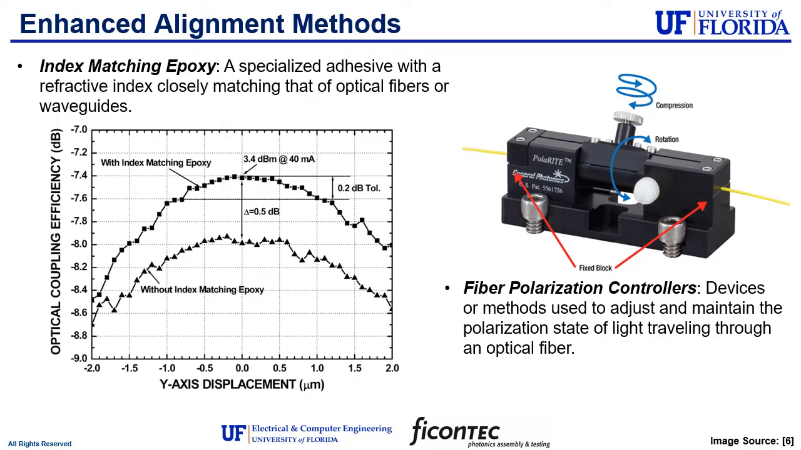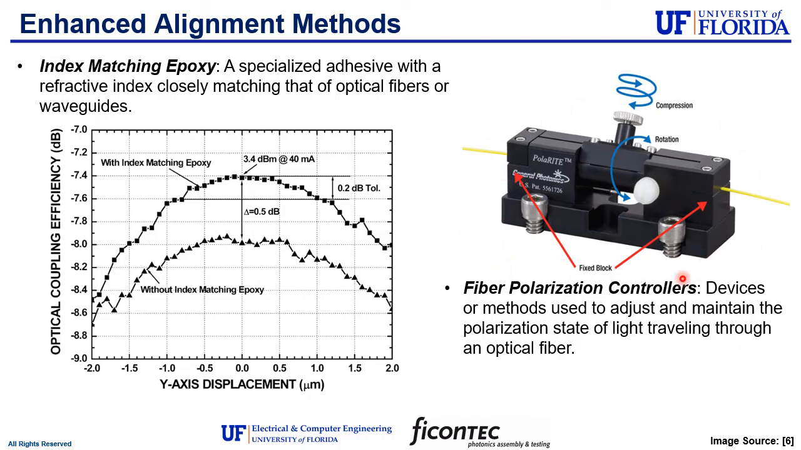Now, this graph shows the optical coupling efficiency plotted against the misalignment of an optical fiber and includes two samples, one with index matching epoxy and the other one without it. We can still determine that misalignment adversely affects the coupling efficiency, but we can also see that the sample with index matching epoxy performed notably better even with some misalignment. Additionally, to improve alignment,